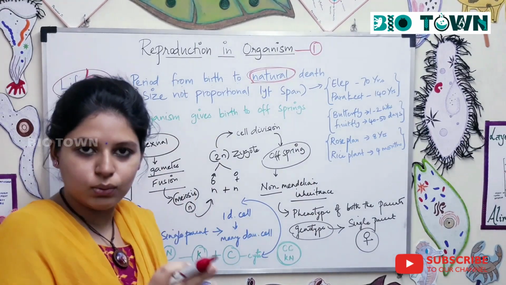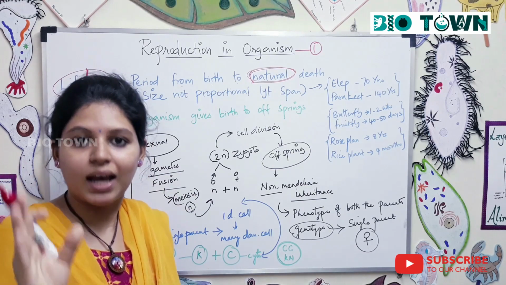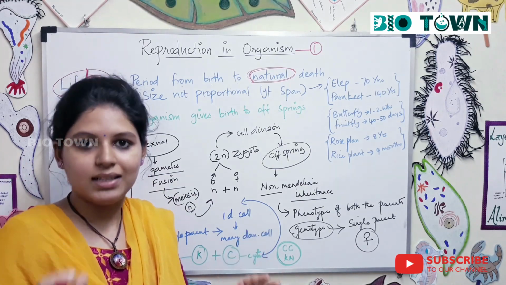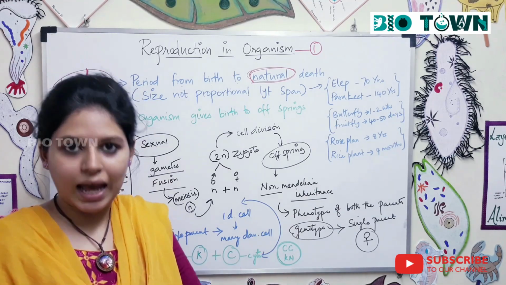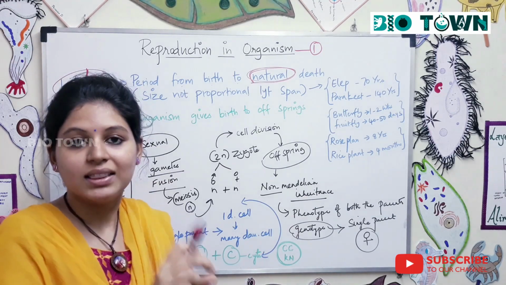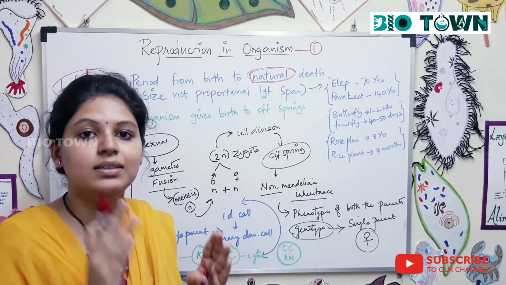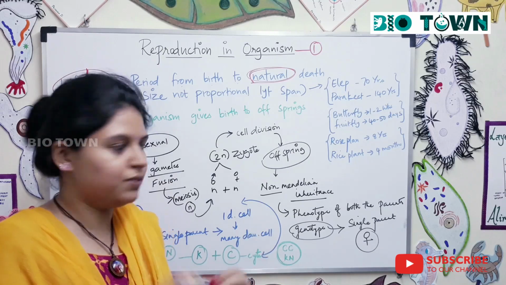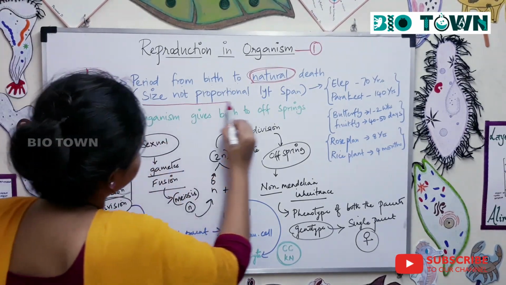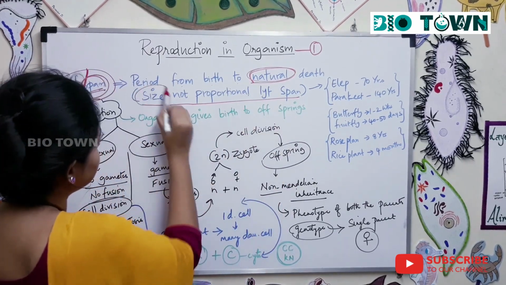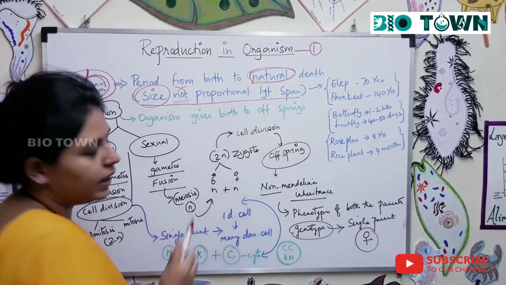An individual which is born and dies naturally, it has to die naturally, and that is called this individual's lifespan. When an individual dies in an accident or due to disease, that is not included in an individual's lifespan. It has to attain its natural end of the life's process. Now in lifespan, there's an important characteristic where the size of an individual is not proportional to its lifespan,